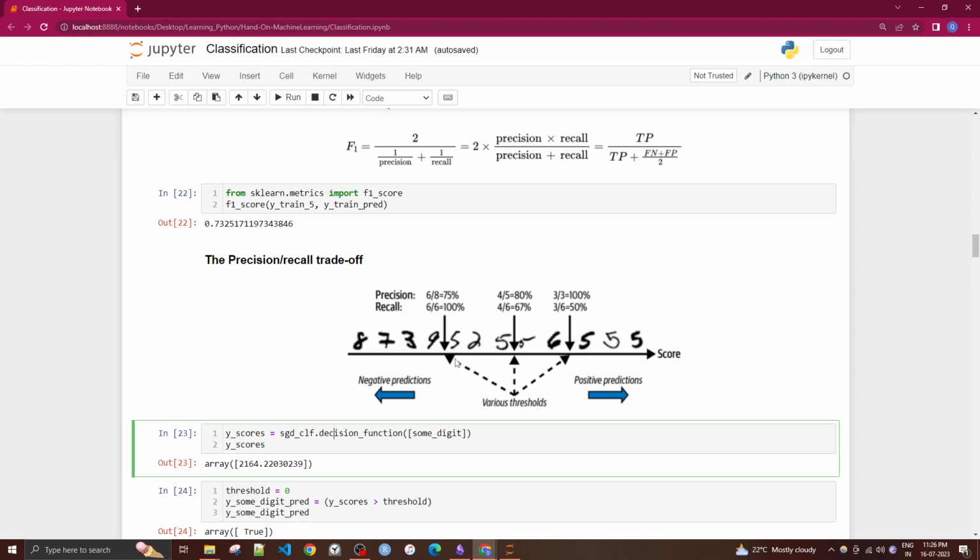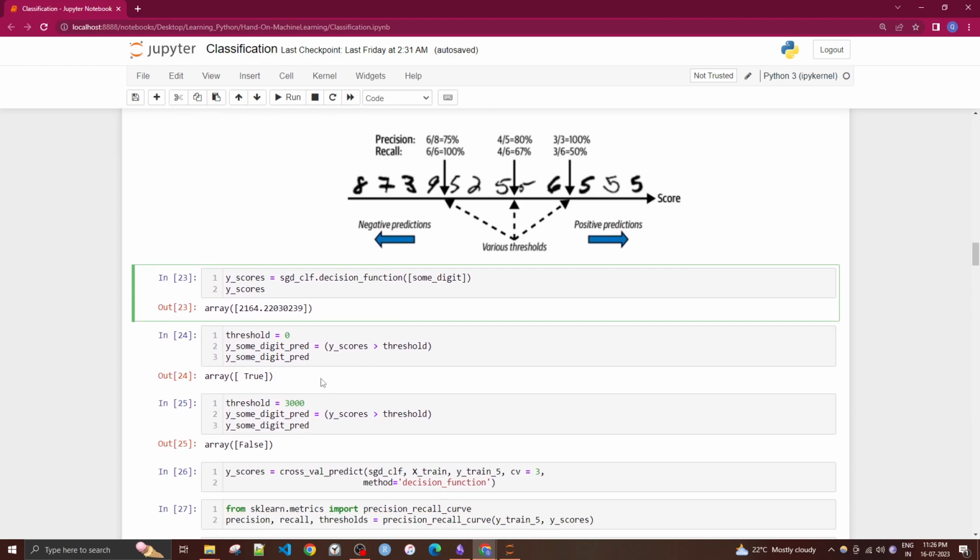Scikit-learn does not let you set the threshold directly, but it gives you access to the decision scores that it uses to make predictions. So instead of calling the classifier's predict method, you can call the decision function like this, and you will get the prediction based on these scores. You can change the threshold, like in this case from 0 to 3000. The SGD classifier's threshold was equal to 0, so the preceding code returns the same result as predict. And if you raise the threshold to 3000,